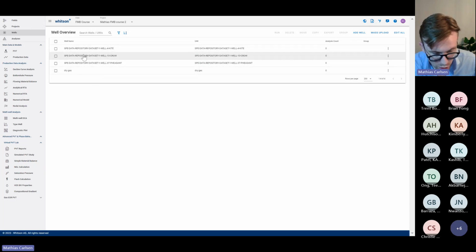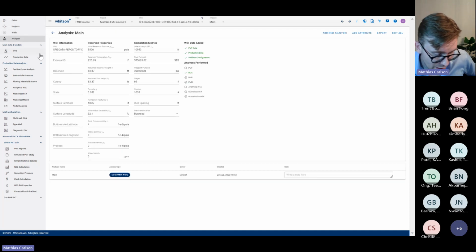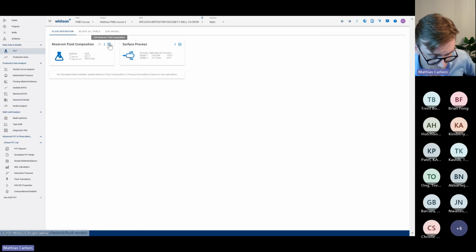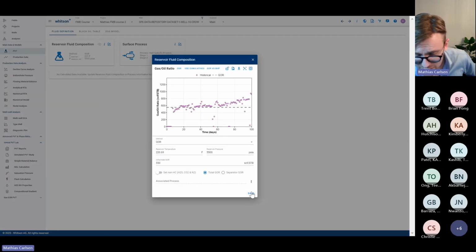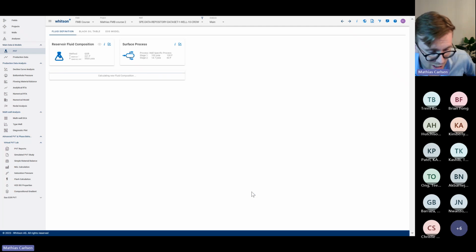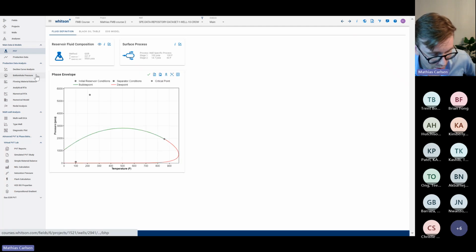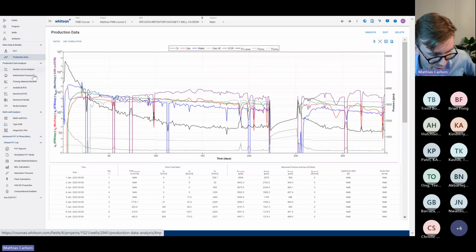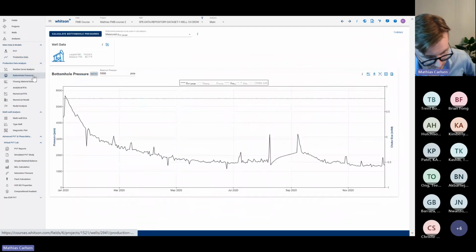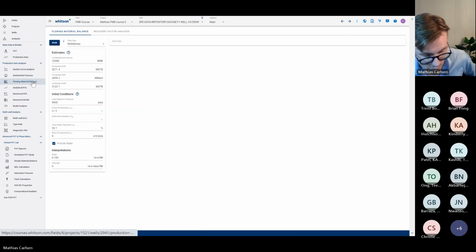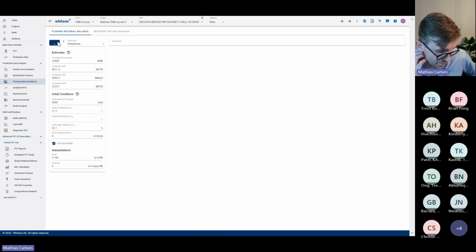So we're going to go to the Crow well, and we're going to click PVT. Just click save on the PVT. We'll assume that SP did a great job there. Hopefully they did. We are going to assume that the production data and the bottom hole pressure data is perfect for us. That'll be good. And then we're going to go to flow material balance, and we're going to run